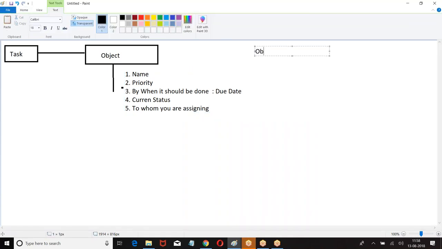if you want to create a task on an object, can I create a task on every object? First question. You are creating a task, very good. But can we create a task on every object? You see, a task can be created only on those custom objects on which the allow activities option is enabled.